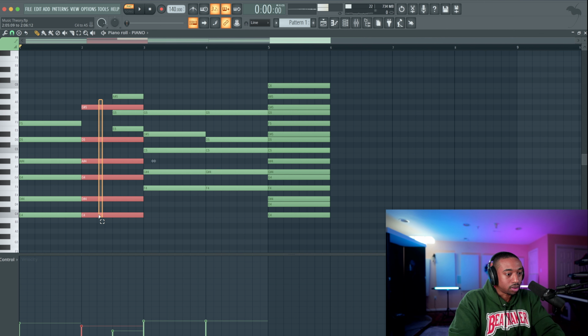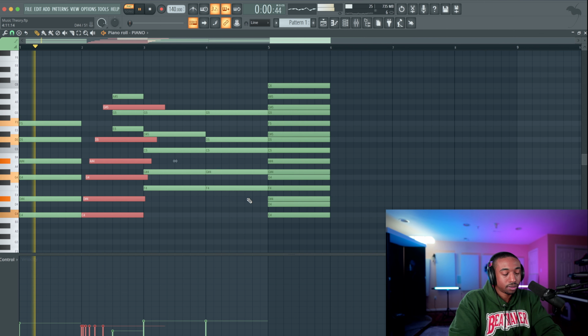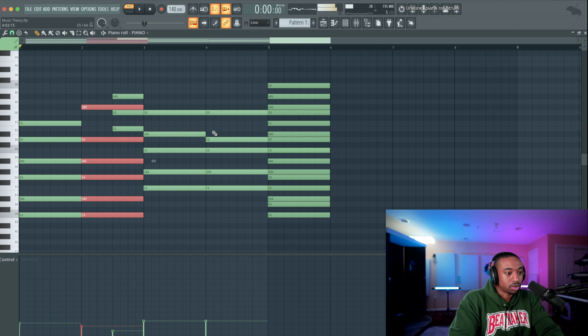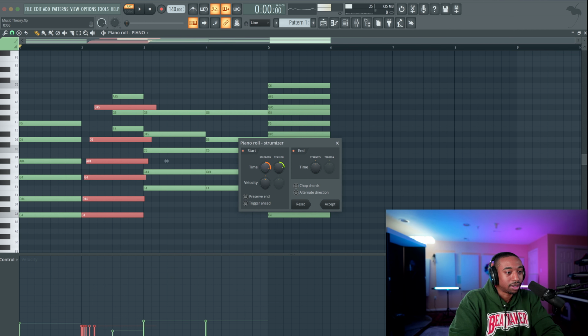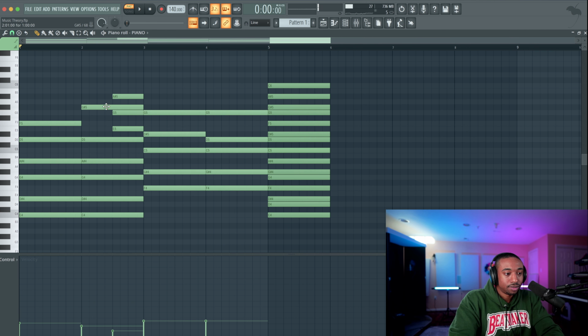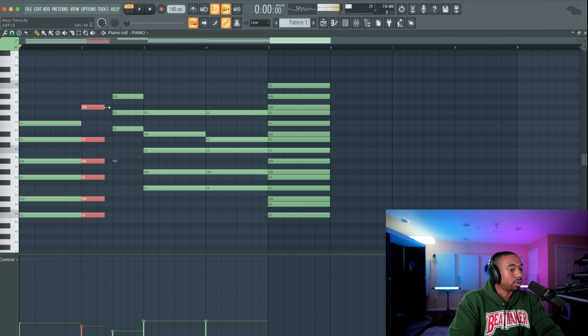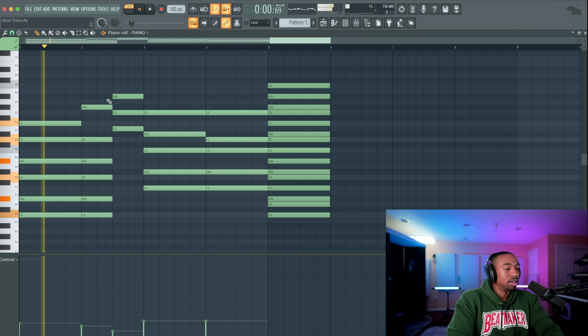Strum just this chord type. Okay, the strum is a little heavy. Let's pull this back a little bit. Okay, so it's up to you how you want to voice this and which notes you want to overlap. I think it's probably best we leave it.